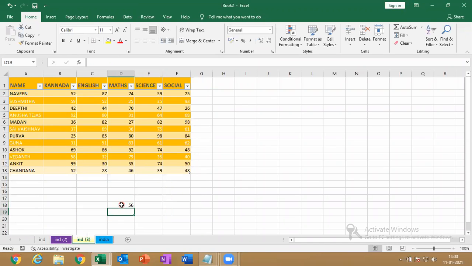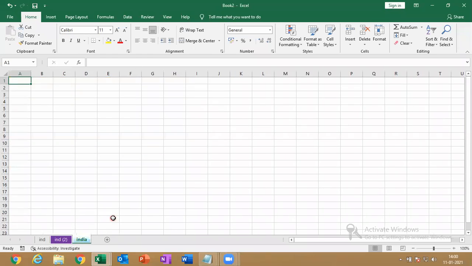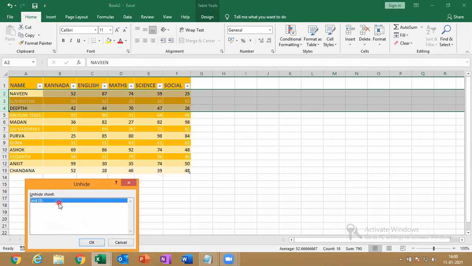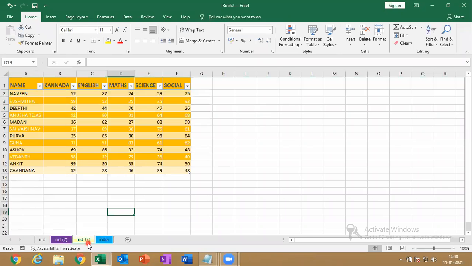So now I can type. How to unhide? Same way. Just right click, hide. It will be hidden. You right click on any other sheet, go for unhide, select which sheet you want to unhide, just give OK. Arun Gowda, just note it, okay?